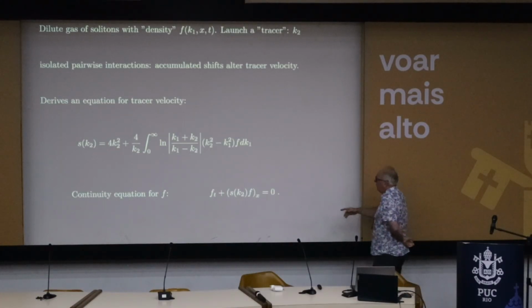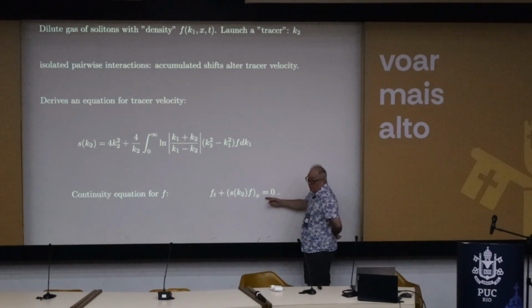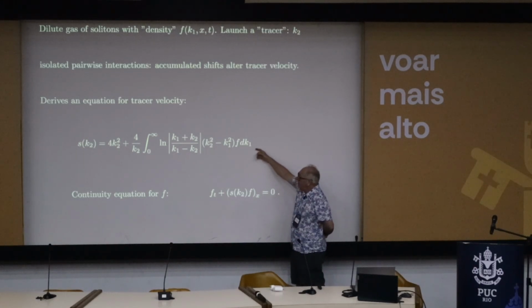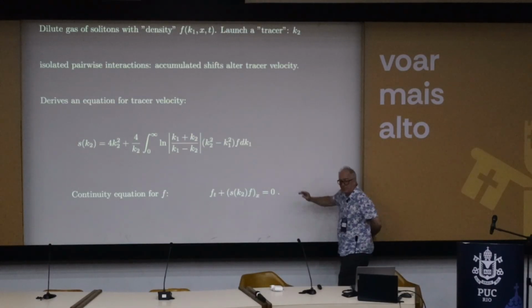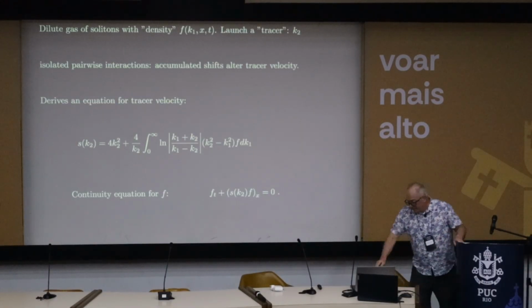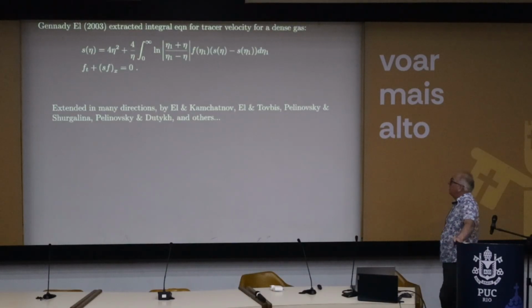So this is Zakharov's equations. It's a pair of equations, one for a density of solitons and one for the velocity of a tracer soliton with arbitrary given velocity, and how it is adjusted by interacting with the gas. He called that a kinetic theory of solitons, and Gennady and collaborators generalized it to a coupled system of equations, where you need to solve this pair of equations for S and F. What I've described is what was analyzed for the case of the KdV equation, but it's been extended to all of the integrable equations that I mentioned and many more.